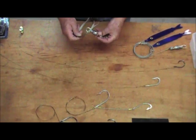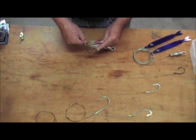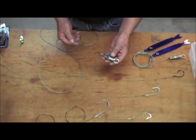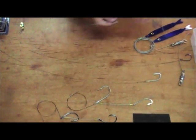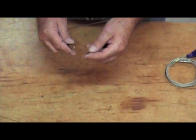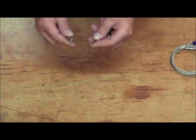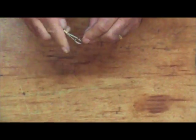All right, this is one of our bare leaders. This is 500-pound test cable. This is 8 feet long. It has the 3-ounce leaded swivel at one end, and it has a loop crimped in the other end, just like that. We're going to take this loop and take the loop on the pre-made hooks. This is a 30-inch, 240-pound test number 15 wire. We're just going to take the loop of the cable, go right through the loop